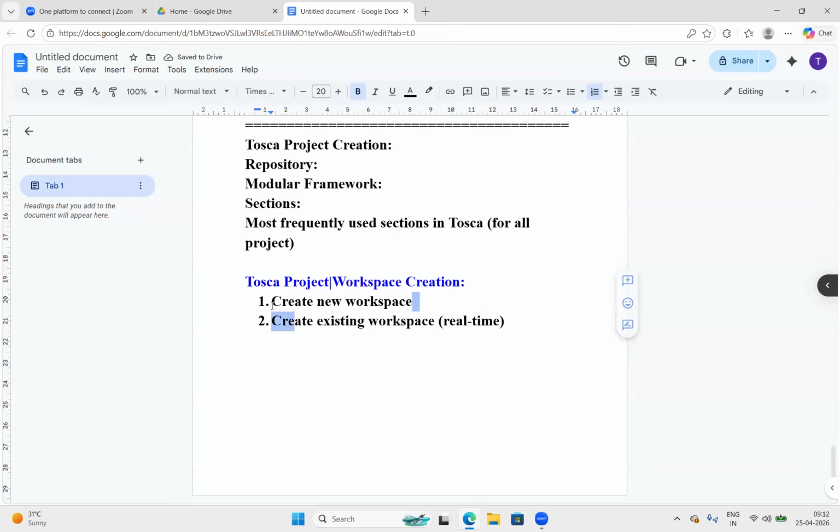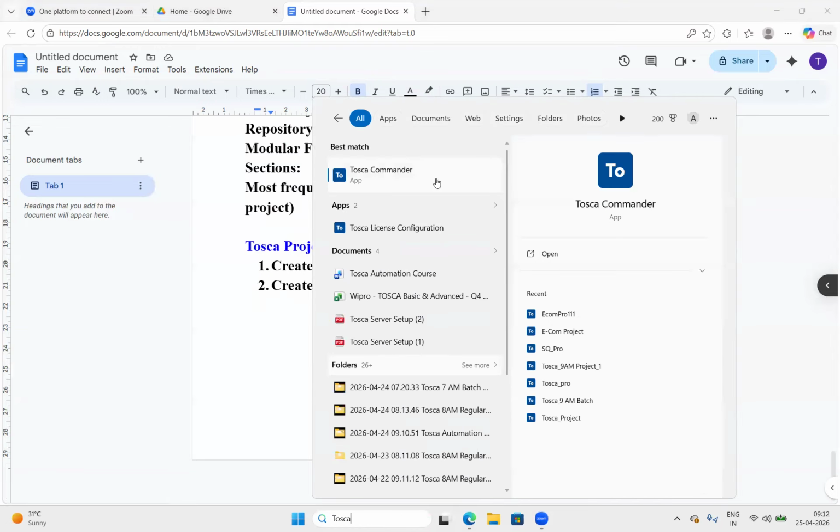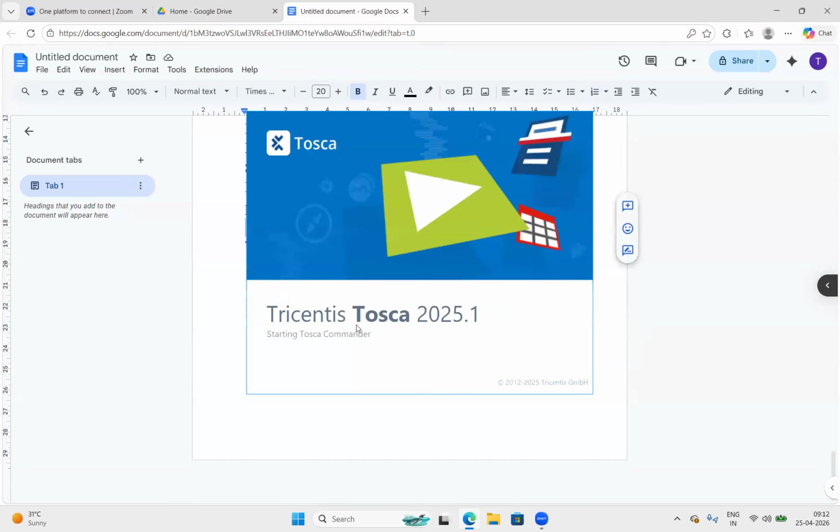For practice purposes, I'll show you how to create the new workspace in Tosca Commander. Let me open Tosca. Guys, if you're not able to hear me, or if you're facing any difficulties, or if my voice is not clear, do let me know, okay? Right now we are using the latest version of Tosca, 2025.1.